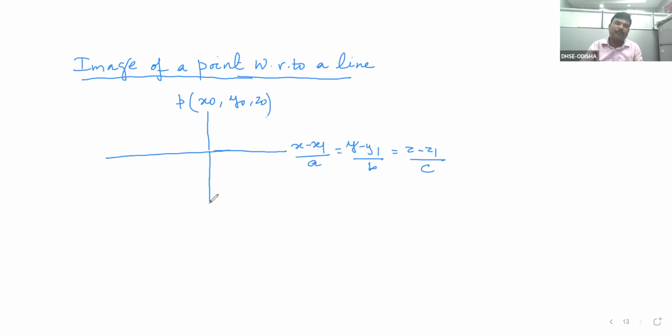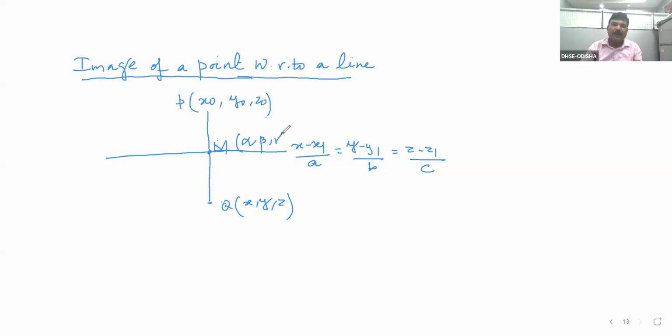Let Q (x, y, z) be the image of the point (x0, y0, z0) with respect to the line. Let M be the foot of the perpendicular. So, as you know, object distance is equal to image distance. The point M is the midpoint of PQ. M is the foot of the perpendicular. So, we know how to calculate the foot of the perpendicular. Let the foot of the perpendicular be (alpha,